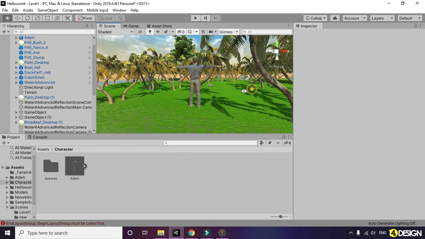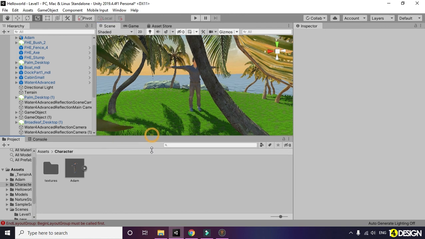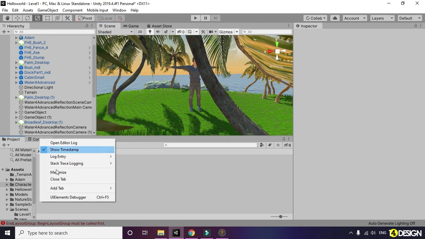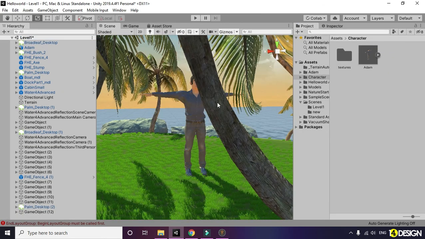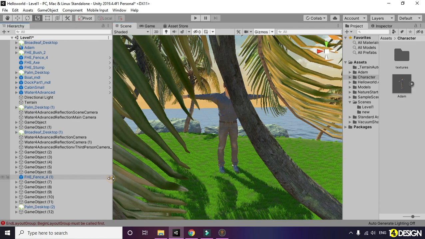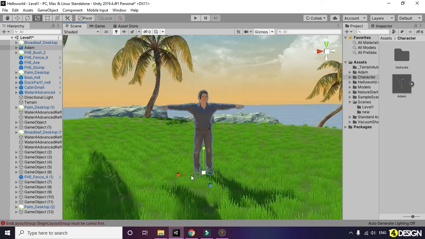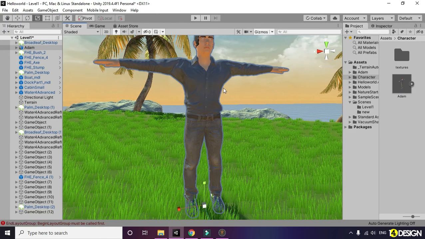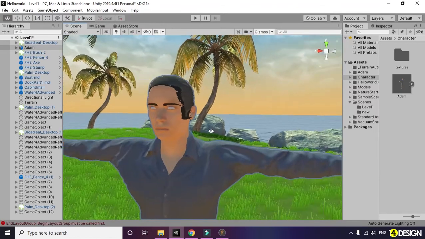See, still too big. Let's scale him down. Some materials aren't looking great. We can fix that.